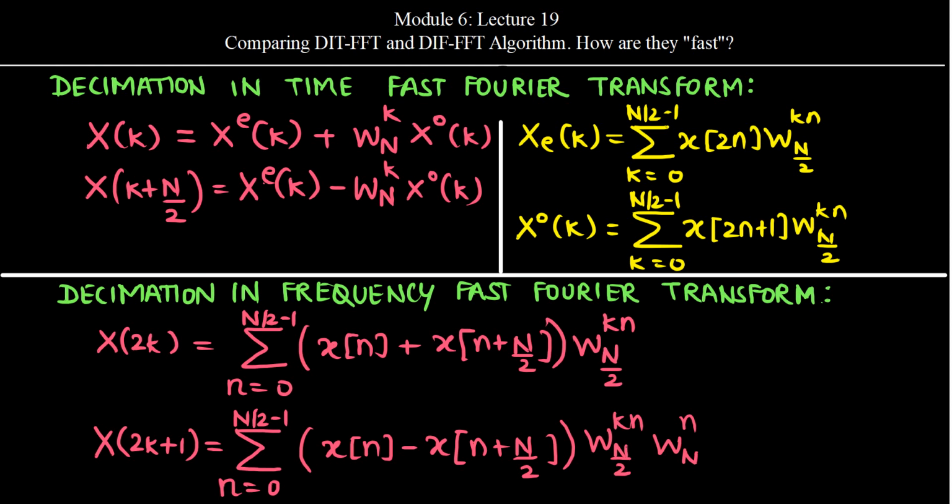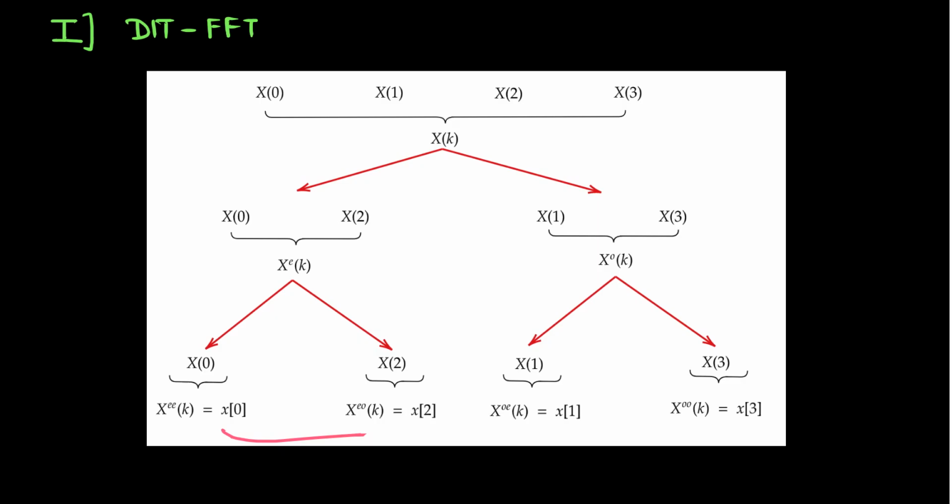So for comparison, we will start with the basic starting point for both of these approaches, and the basic idea about them was just to go on splitting them into two parts, that is even and odd. But the starting point for both of them was quite different. So in decimation in time fast Fourier transform, our starting point was this X of k, and we went on splitting this X of k into two parts till we get 1 point DFT, something like this.